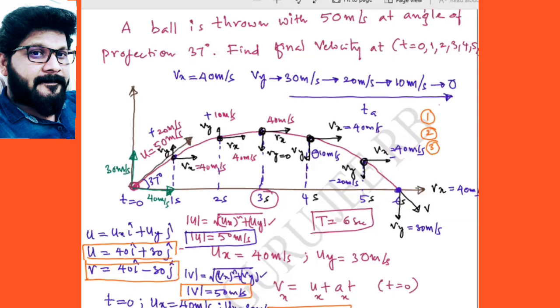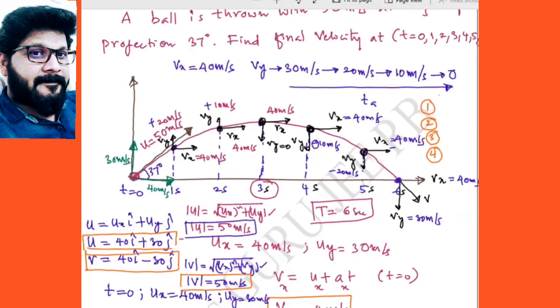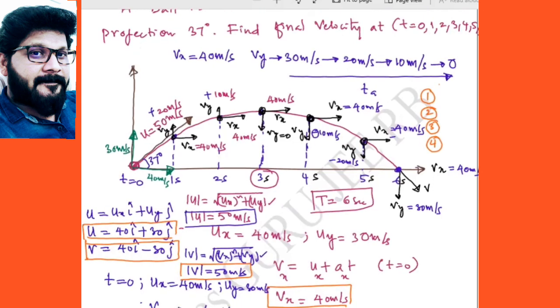Fourth point is that the magnitudes of initial velocity and final velocity are equal. That means with whatever velocity you project, with the same velocity it returns back. This is the important conclusion of this particular projectile motion. What happens to Vx? What happens to Vy? In all the books they simply give that horizontal velocity remains constant. This is the first statement.